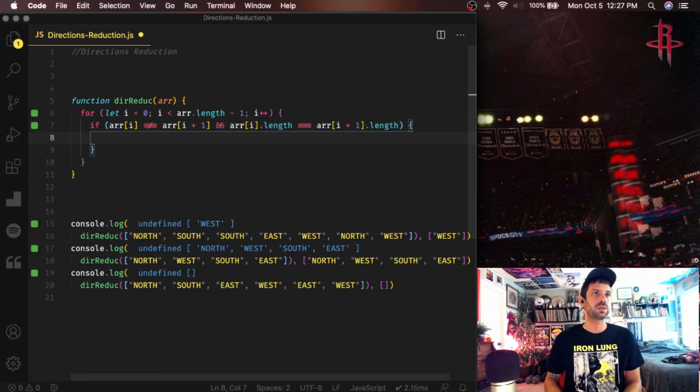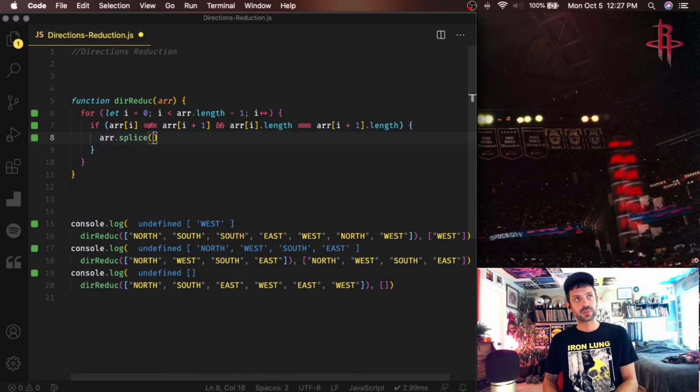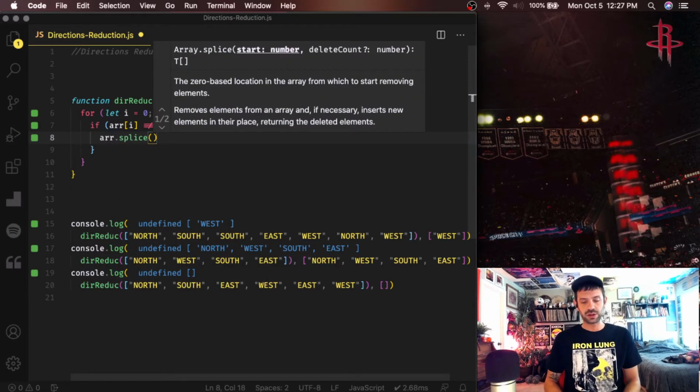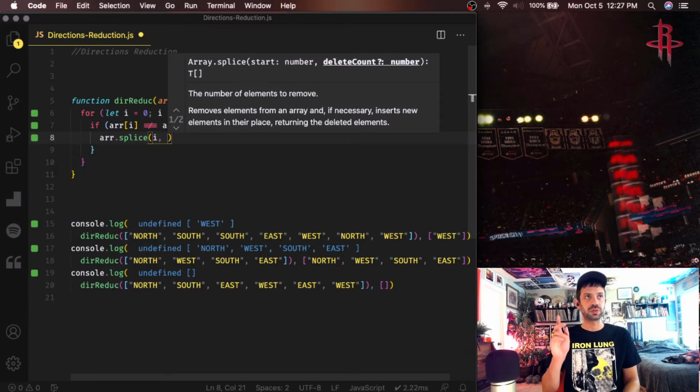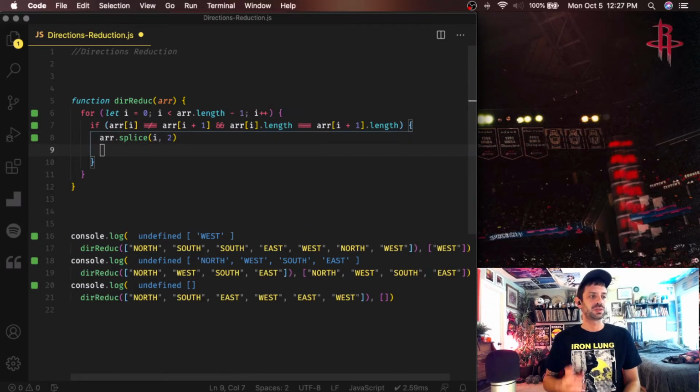It'll be north and south or east and west. So we can splice them out. We'll say array dot splice, and we want to start at our index, and we want to remove 2 values, and then we need to return our index back to -1 and have it keep going because we're taking the 2 values out. So now everything else will shift down. So we'll say index equals -1,